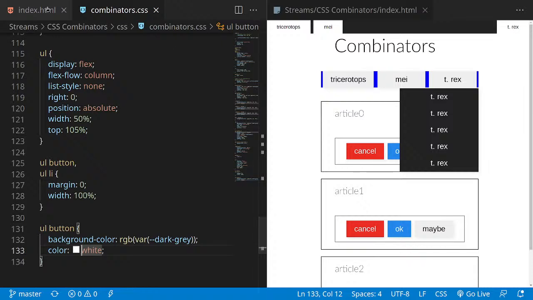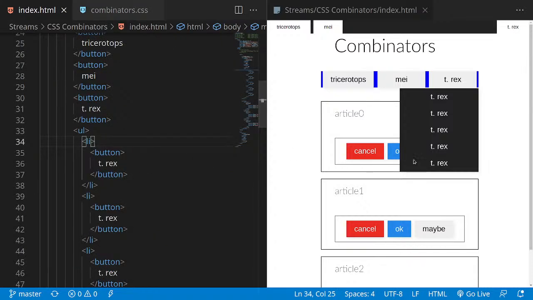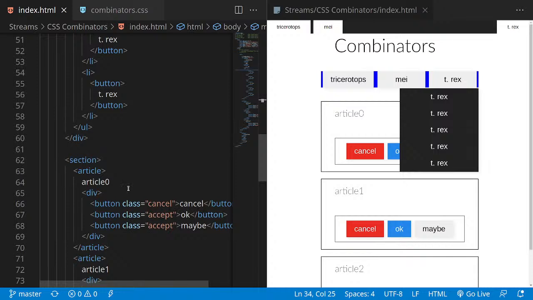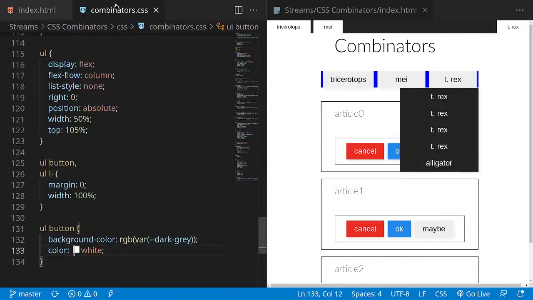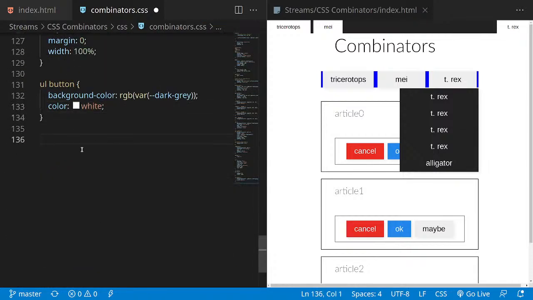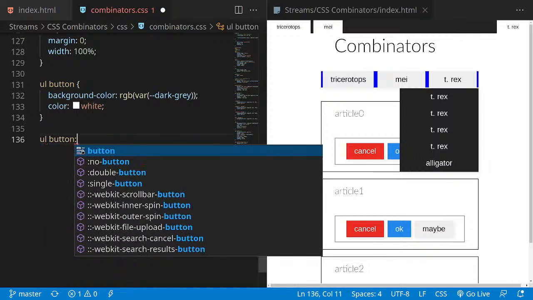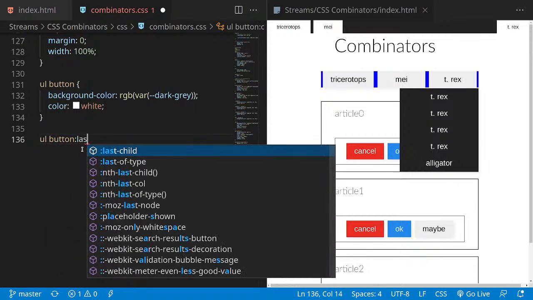Alright, I want to show y'all how you can actually override the order of something visually while it is lower down in the document, if you want to use the term physically here. Physically doesn't really apply because it's digital, but yeah. So let's claim it is physically lower down in the document, but you want to have it higher up. So I'm going to put in here, let's go with alligator. This is not a dinosaur, but hey, we have a random alligator, and we're going to put the pseudo class of last child,